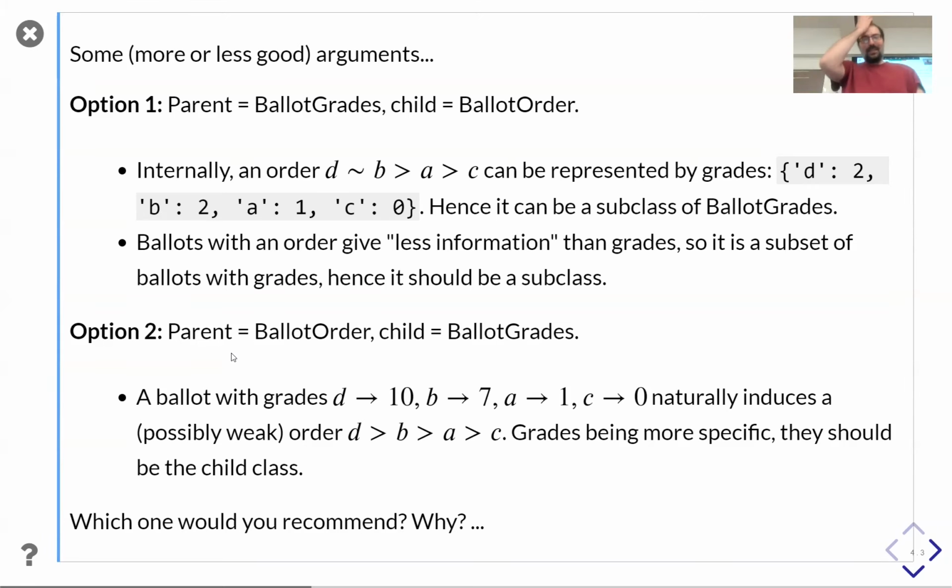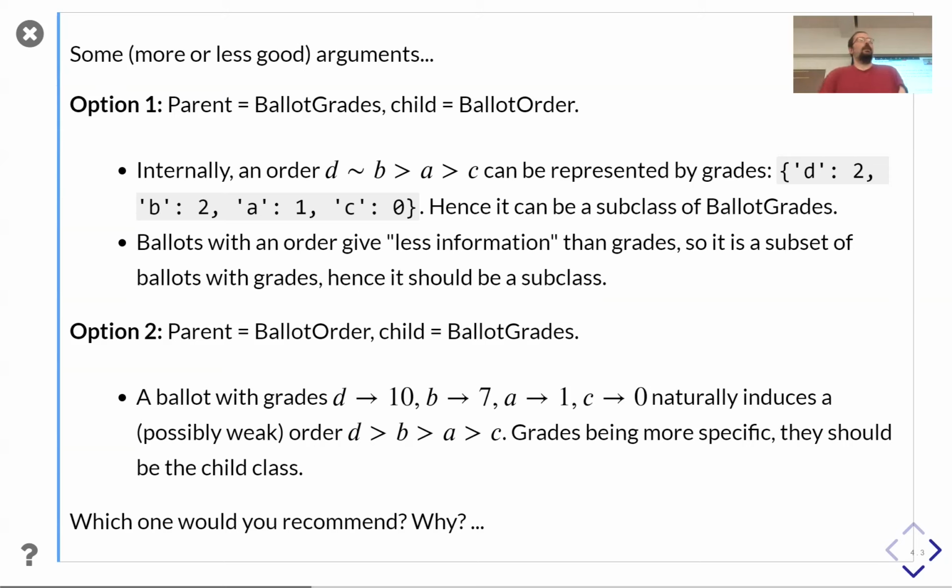And so option 2 is to say that ballot order should be the parent and ballot grades the child. And in fact, it's totally that. The good reason, amounting to the Liskov substitution principle, is to say that all that you can do with the weak order, you can do with a ballot with grades.